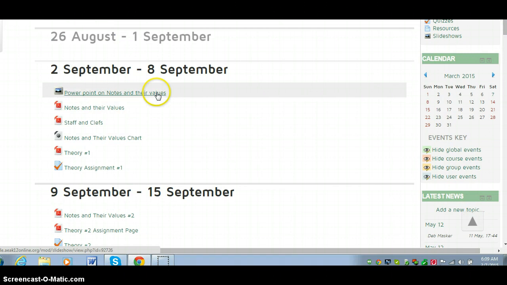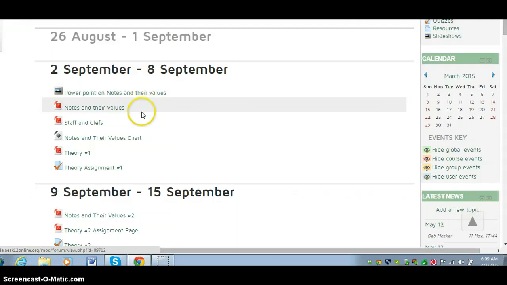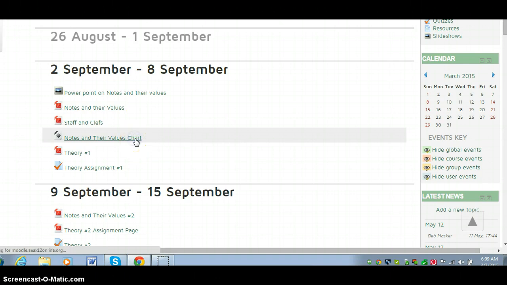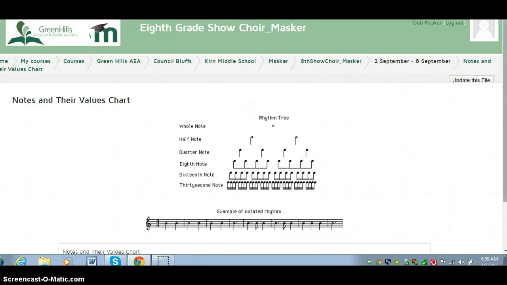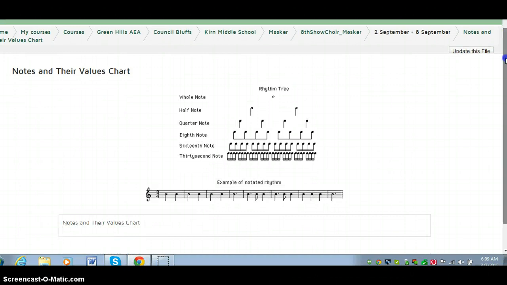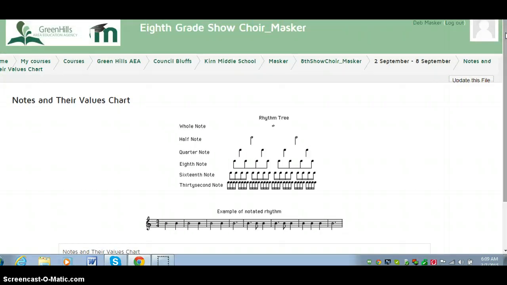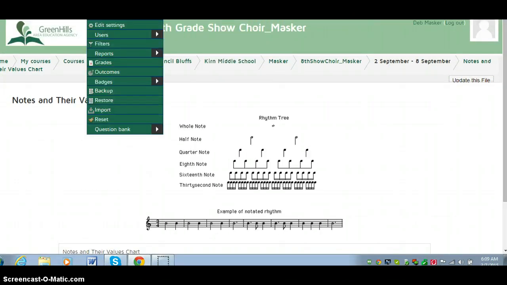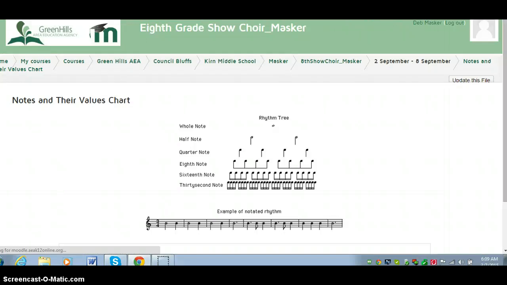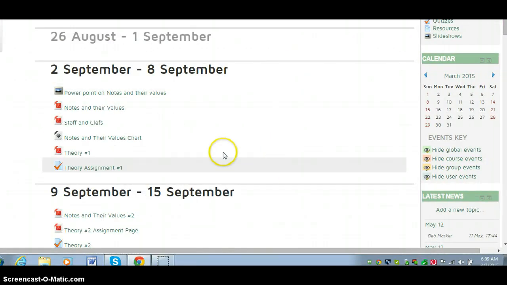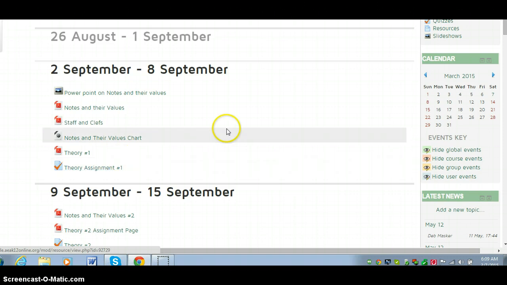You will notice that I tried to be very organized in the presentation of the material. There is always a PowerPoint or a document containing information, different pieces that they might use. For example, right here is a notes and values chart that I uploaded for the students so that they could see how notes and their values were related to each other. So I also tried to come up with visual representations,